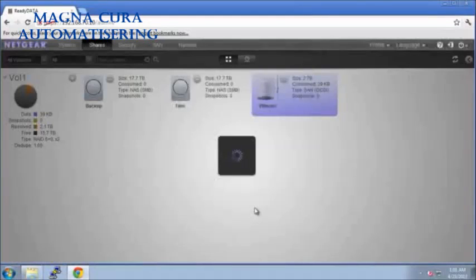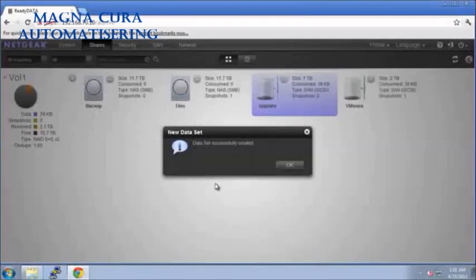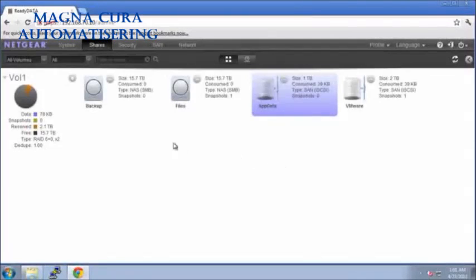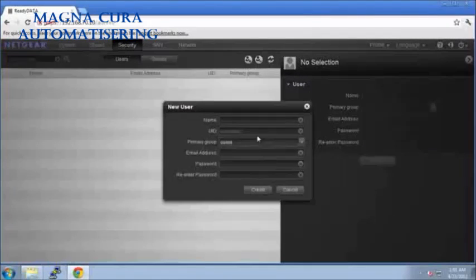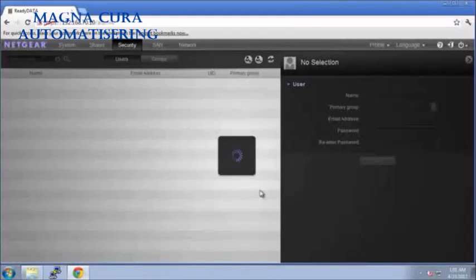Now that I've created 2 shares and 2 LUNs, I'm going to go to my Security tab and create some users. In this case, I'll create one user just to access my shares. Alternatively, we could integrate the system with Active Directory, and you could use the users and groups from your Active Directory environment to authenticate when accessing SMB shares. But in this case, I'm just going to create the user Peter. I'll use this account to access my SMB shares.